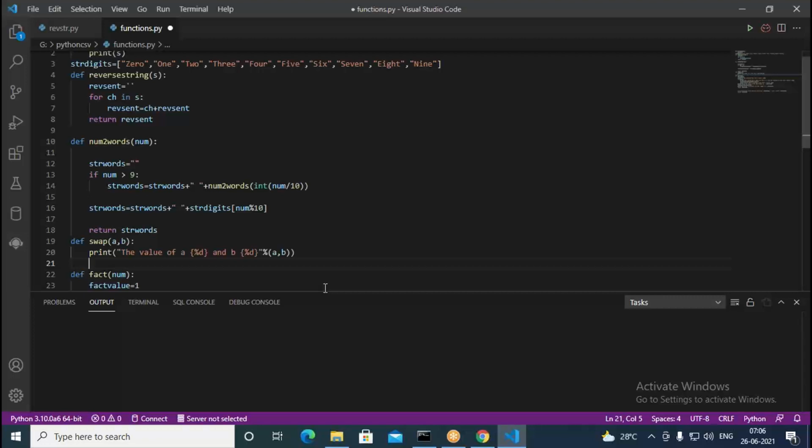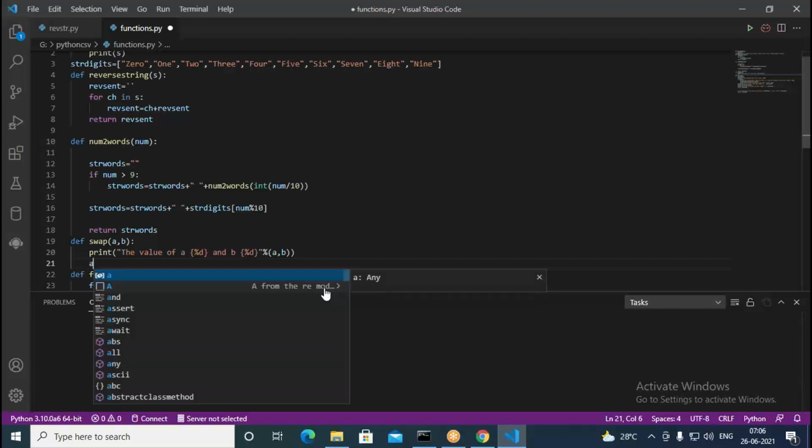So next thing, I would like to swap them. Okay, so for swapping, the value of b should come into a and the value of a should come into b. So how can we do that here?